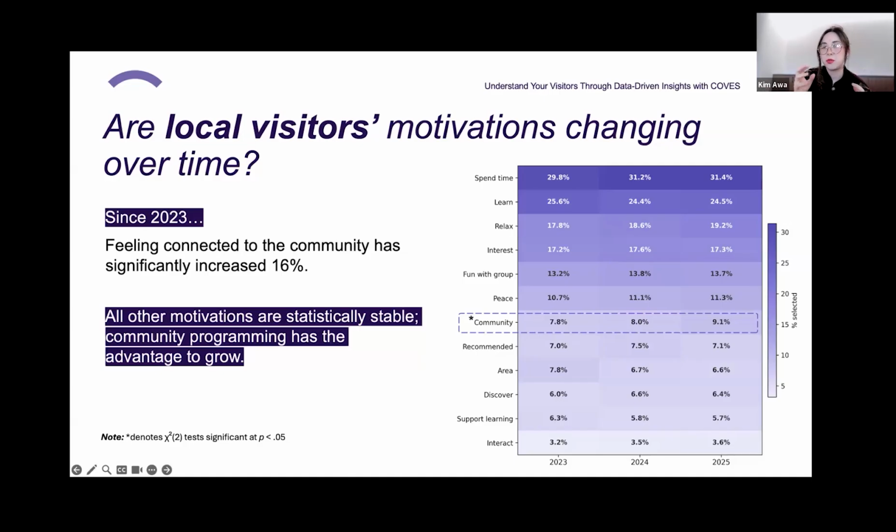So, from a practical standpoint, this points to an opportunity for community-centered programming, which may be especially well positioned right now to grow that local engagement. Your museum, though, may be seeing something different in your own data. So again, I really want to emphasize to use these national patterns as an anchor point to identify the uniqueness of your own visitorship. So with that in mind, I want to take a look at then how these trends compare to tourists over the past 3 years as well.